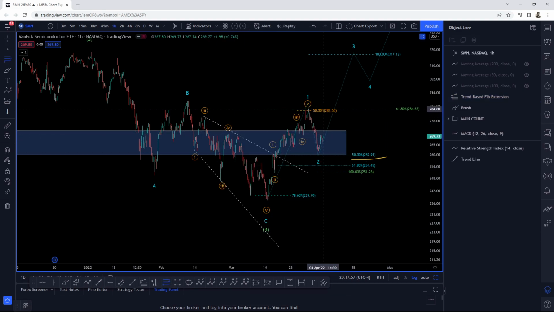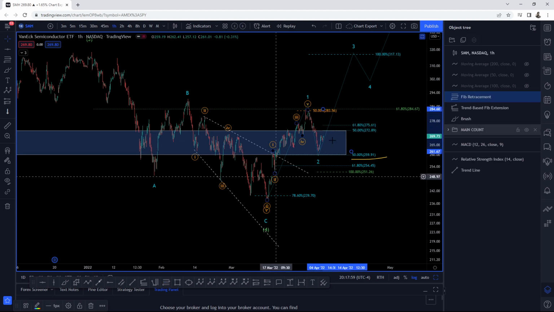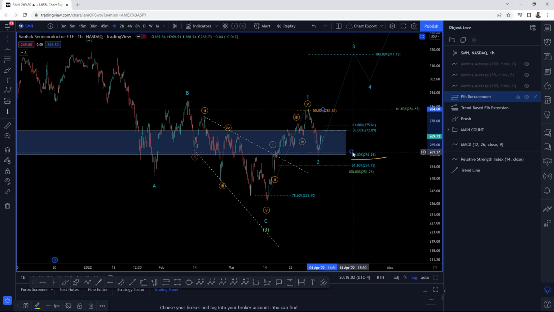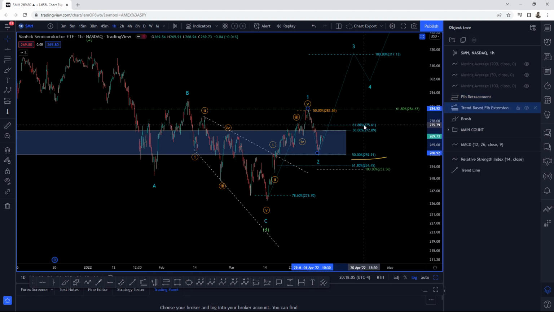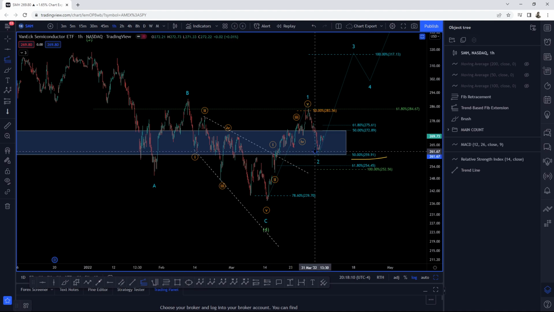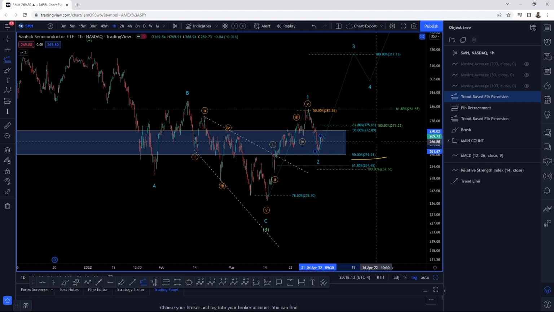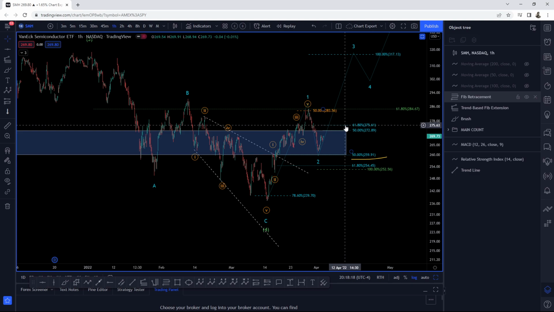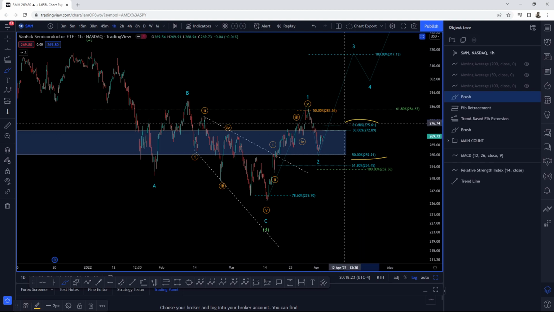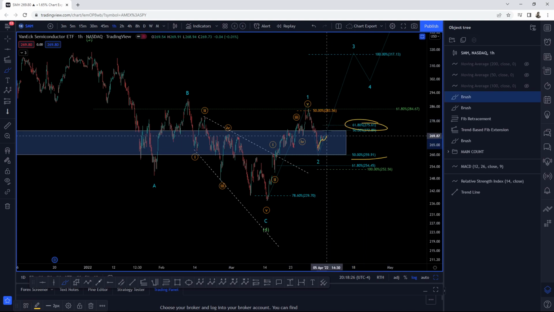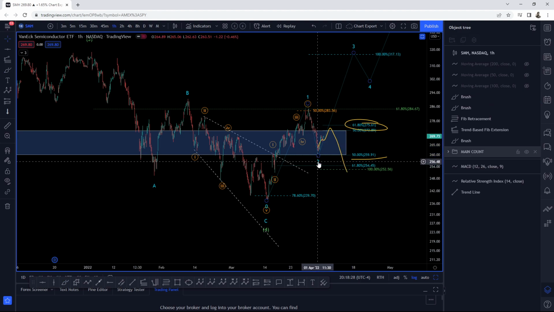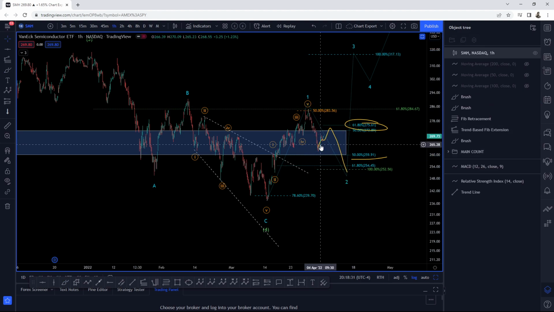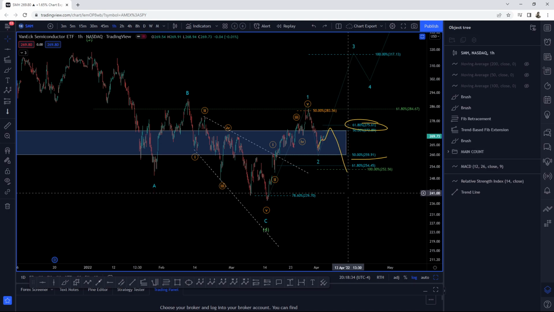Let's take a quick look, right? We take a retracement, looking for the 50% or the 618, that will get us to this zone. But if this is A, B, and C, then equality comes in at the 618, 100. So potentially we continue to see price action go to the upside to 275 before we are met with some sort of resistance somewhere here, right? A, B, and C, and then we go down for wave C of 2 to find equality of wave 1 versus wave B. Okay, guys? So keep that in mind.